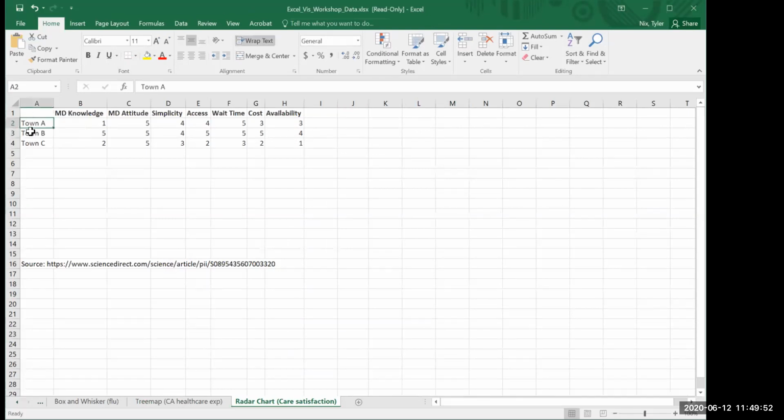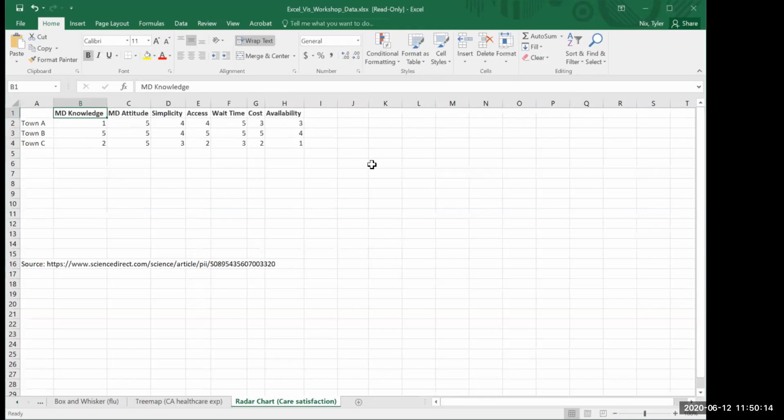So we have town A, B, and C. And just imagine there was a survey for patients about their healthcare providers. So we have MD knowledge and attitude, and then the simplicity, access, wait time, cost, and availability of visiting the